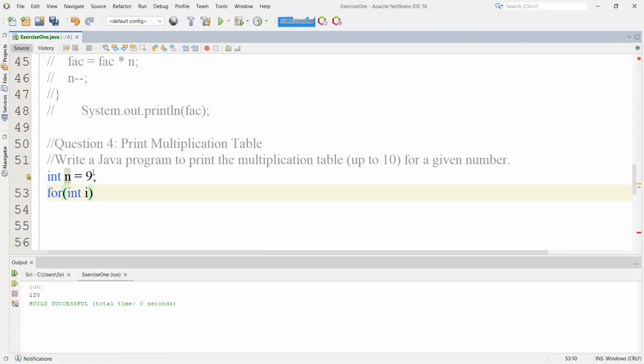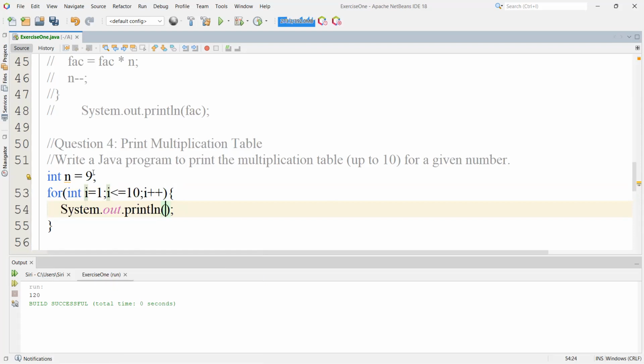For int i equals 1, because my multiplication table starts from 1 and not from 0, and up to 10, i less than or equals to 10, i plus plus. So this is just a basic syntax where you have to write in the form of multiplication. Right. What I'm going to write is System.out.println first one